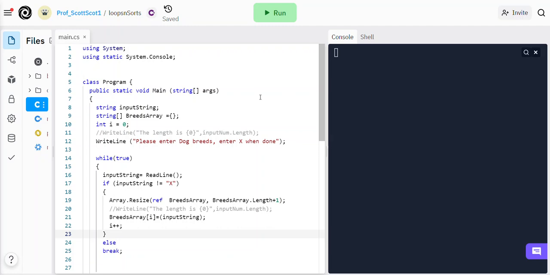Hi gang, let's talk about a project. Sorting and looping is what we're going to deal with in here. And in this project,